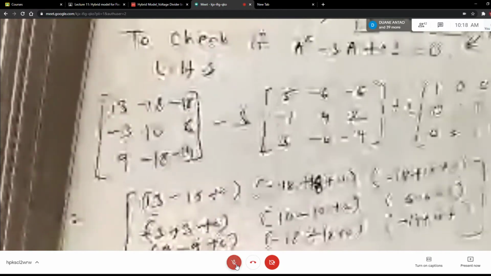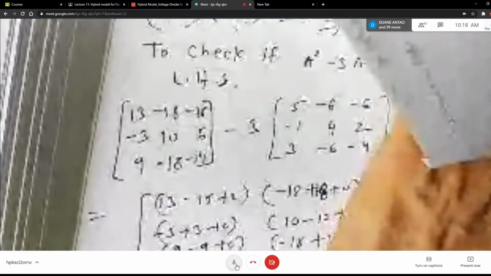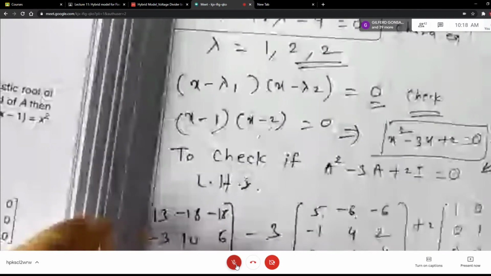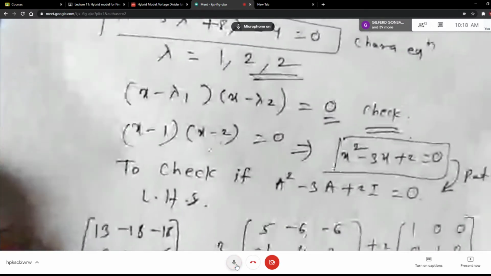Huh? What happened? Very blur. What happened now? It was going on properly, no? Just